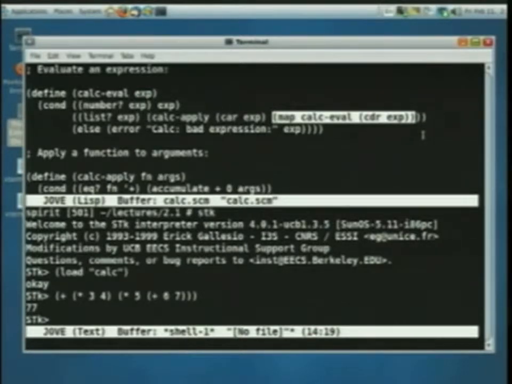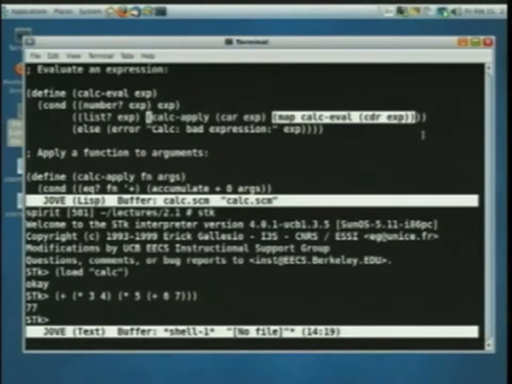Instead, we're using calc-eval, which is this procedure that we're in the middle of, as an argument to map. Map is going to call calc-eval typically more than once, right? However many sub-expressions there are, however many arguments there are to your operator, we're going to call calc-eval once